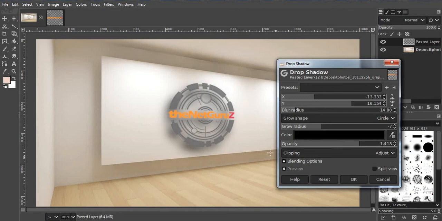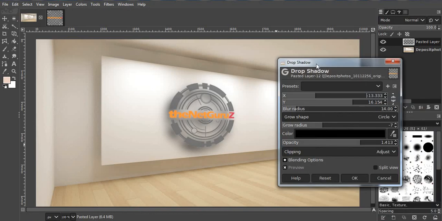Okay, so that is giving a three-dimension look now. It's looking like the logo is above the screen, and you can play around with these settings to give it an even better look. Yes, so I think this is good enough.